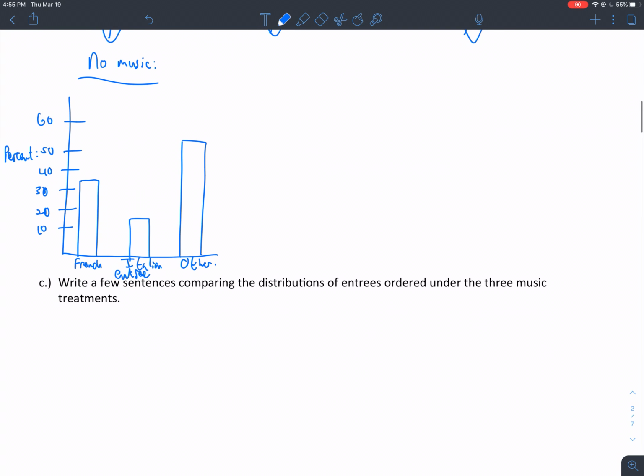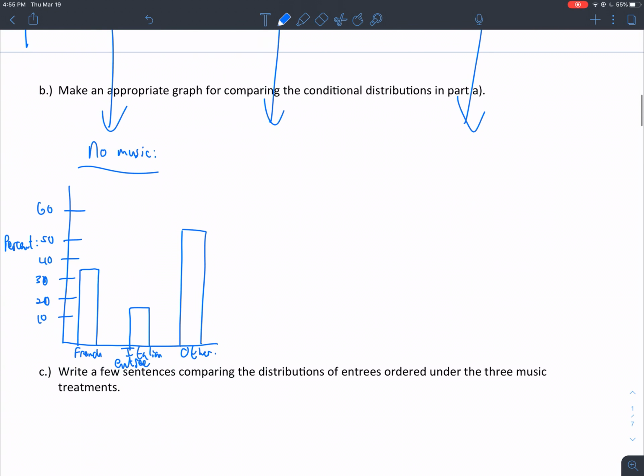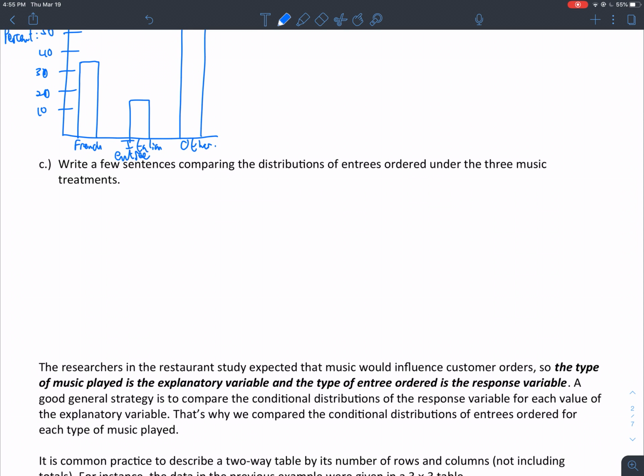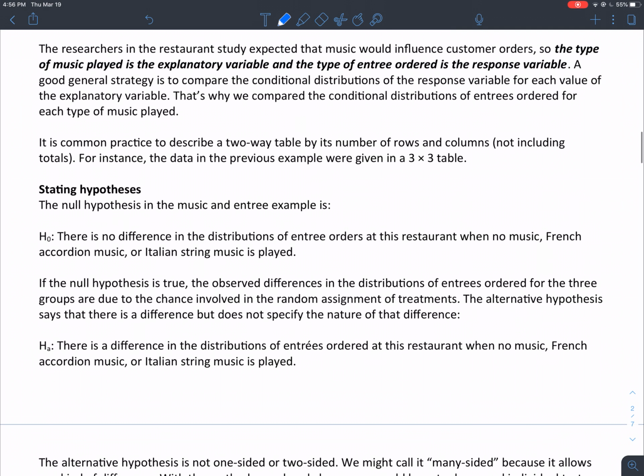All right, and then write a few sentences comparing distributions. All right, so I'll let you look at that. You can write some sentences comparing the distributions. You can check out the completed note sheet. Basically, you'll see some trend and you'll comment on the trend. Okay, and this is not a big deal. It's fairly straightforward. What we really want to get into is not to review stuff, but we want to get into the actual hypothesis testing. Okay, so